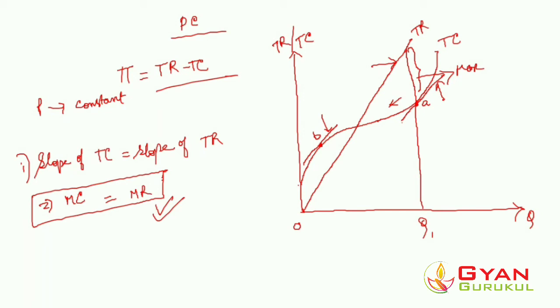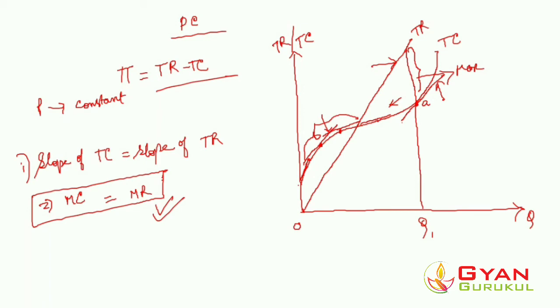Now here if you see, at this particular point, the slope is actually diminishing. If you go here, let's say here the slope is steeper, then when it comes to point B, it becomes less steep. Then take another point here, the slope is flatter, and again here it becomes more flat, right? That means throughout this portion, over here where we have achieved the point B, the slope of total cost is actually decreasing, right? The slope was decreasing. That means that the marginal cost was actually decreasing, right?